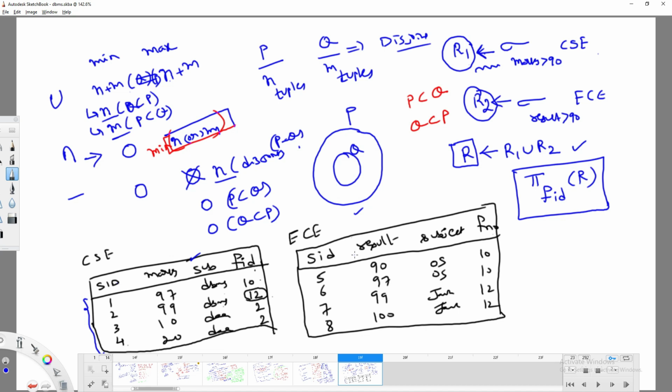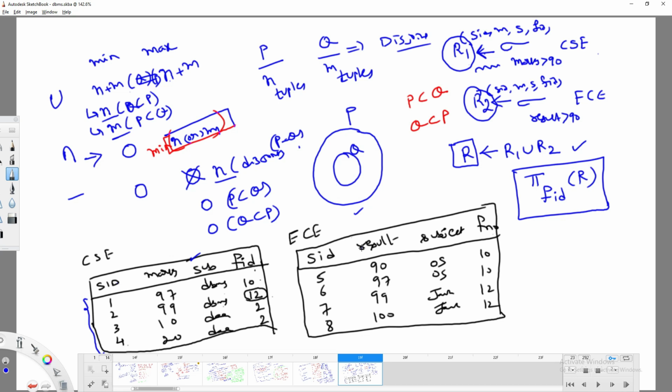You can rename it as serial ID, marks, subject, and faculty ID. Here also it will be renamed as serial ID, marks, subject, faculty ID. Now both are the same, right? If it is mentioned, there is no problem. But coming to SQL, you have to compulsorily mention it specifically, as it is programming. This is a theoretical concept, so there is no need to mention it specifically. That is my point here. Okay, so this is correct.